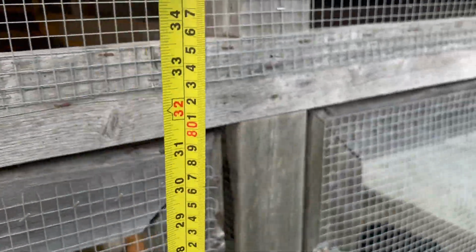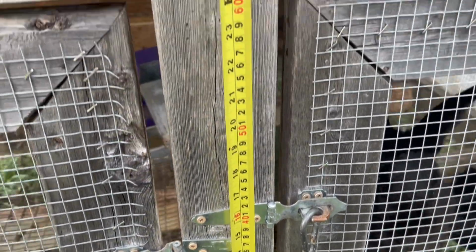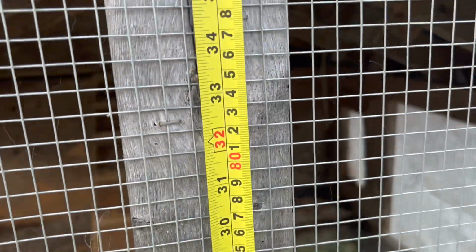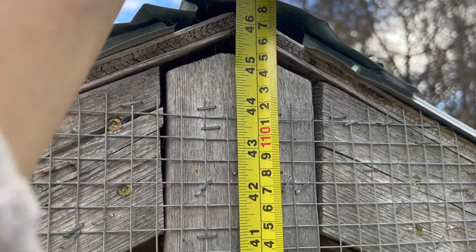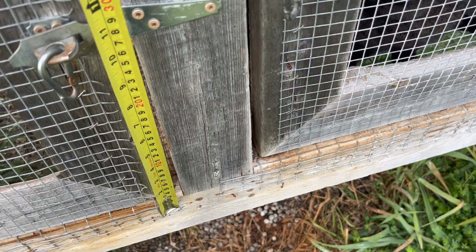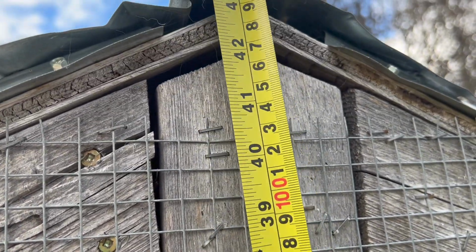So yeah, if I was to measure from the bottom of the 2x4 up, the bottom of that 2x4 is 2 feet, and then we are at about 45 there. But again, if I go from the top of the 2x4, you're 2 feet to the top there and 42 up there. So I think I have all the measurements now, minus the size of the doors and whatnot,